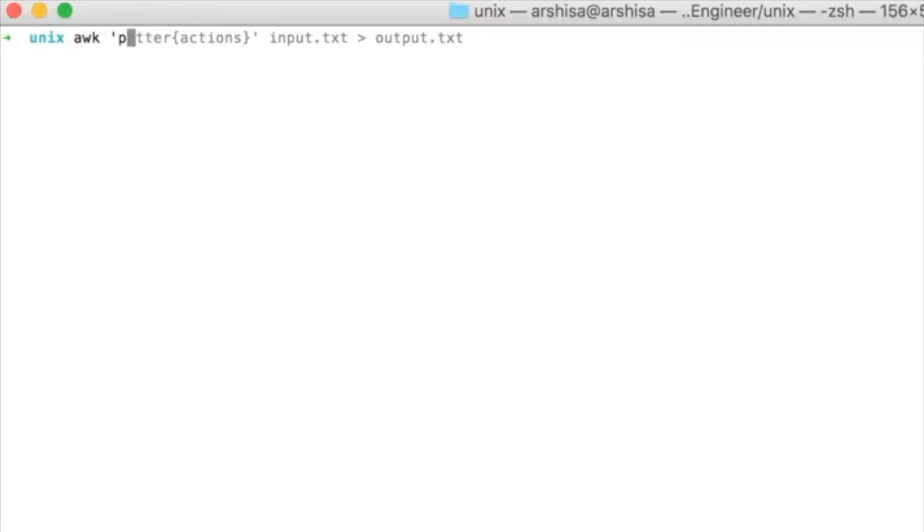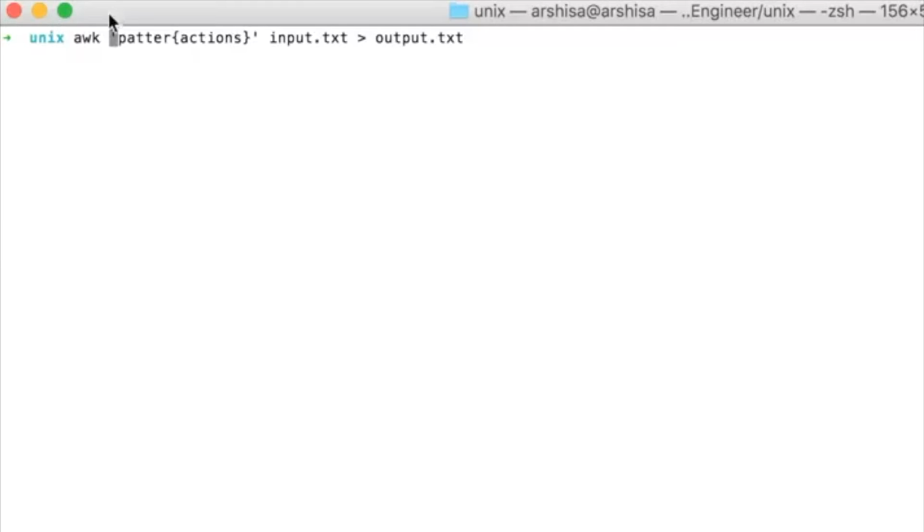So this is the basic syntax for the awk command. Here you can also use some options, like some flags. In the awk command we have a flag like -F, the field separator. We will talk about it later, but first let's see the basic syntax for the awk command.